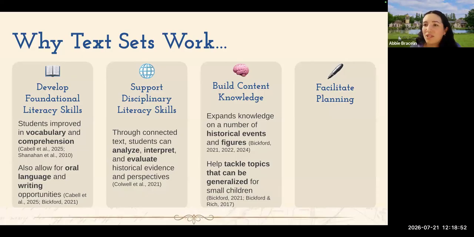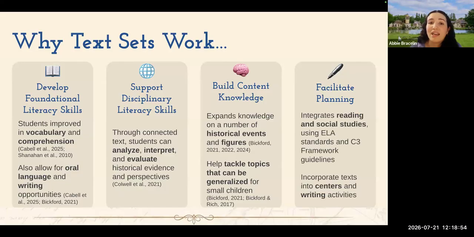And then just from a practical standpoint, it really helps facilitate planning. So think about you have a teacher, maybe they have a curriculum, maybe not, but I definitely didn't have a curriculum for social studies. And it really wasn't until one school district that I went to and taught in for third grade that they incorporated a lot of historical based texts as text sets into their ELA block time. And that was wonderful. My students just really enjoyed that information. We learn so much. I learned so much.